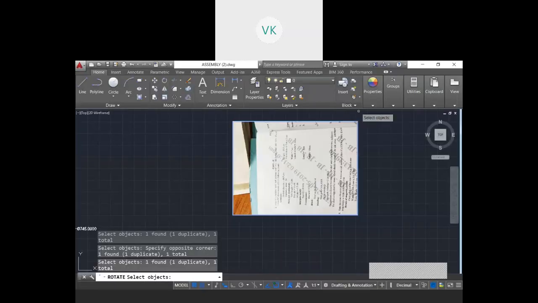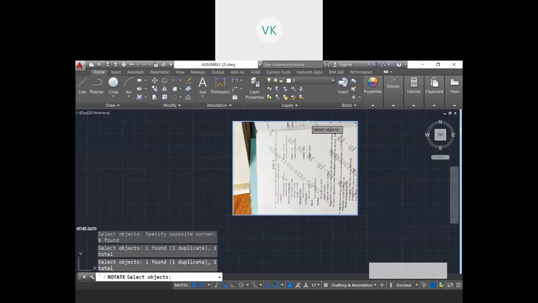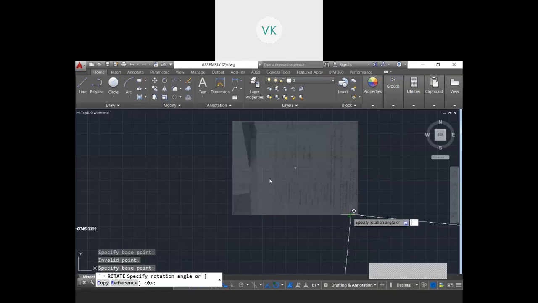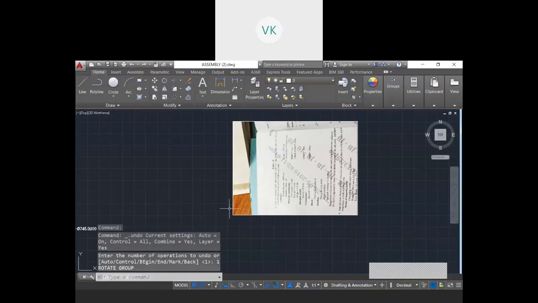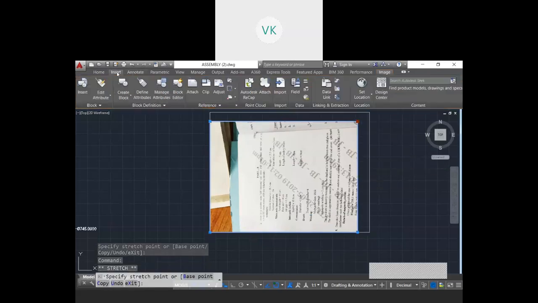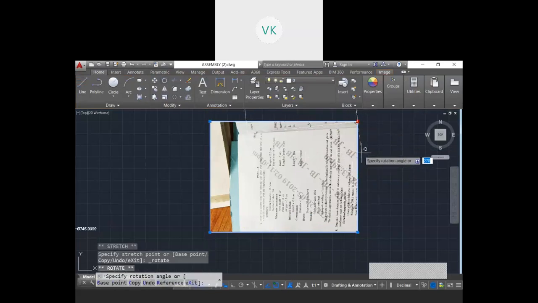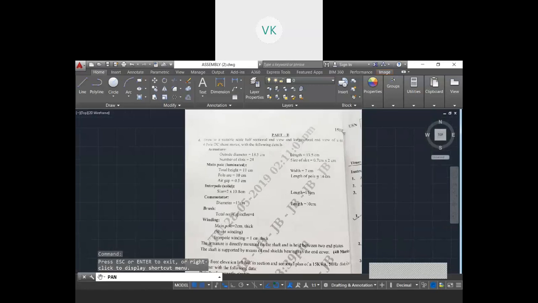One second, I will change it here only. Okay, this is one more problem. I'll just read it out. We will see the solution for this one in the next class.